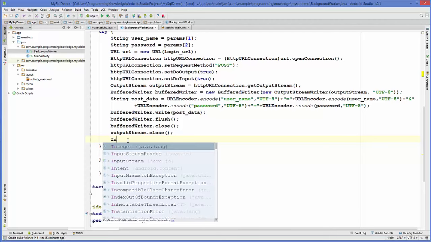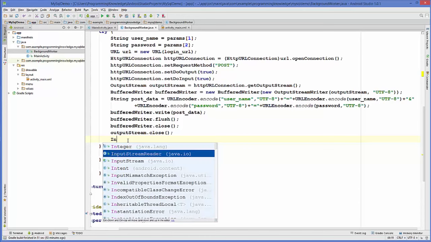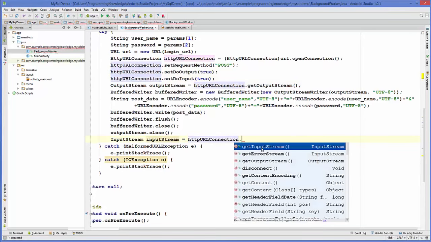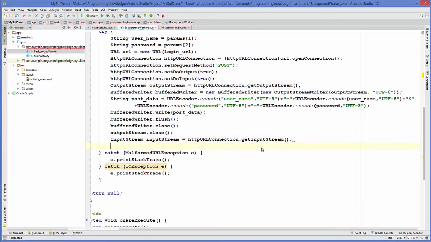So this time we will define input stream here. So just define input stream and then the variable input stream, and then we can get the input stream from the same HTTP connection. So just write get input stream,